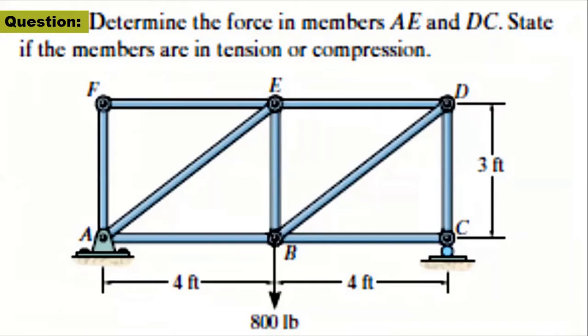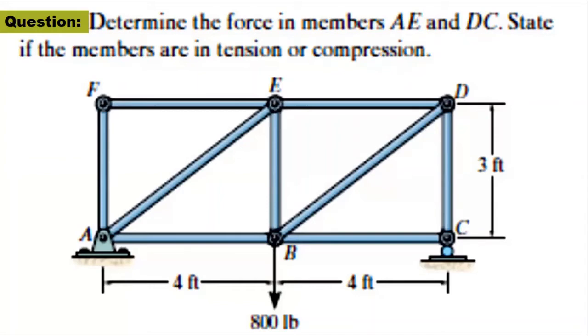The question is: determine the force in members AE and DC. You don't need to go for only AE and DC. You should find out all the members, because I want to tell you the solution to find out all the members. This question was given in the engineering mechanics book by R.C. Hibbeler, so that's why I put it here exactly as the question was there. I want to tell you the easiest way to solve it, but I also want to teach you how you can solve all the member forces of any truss.